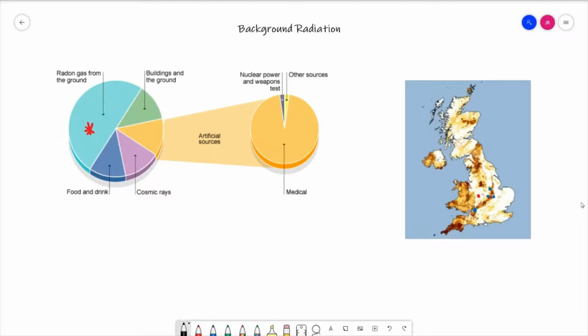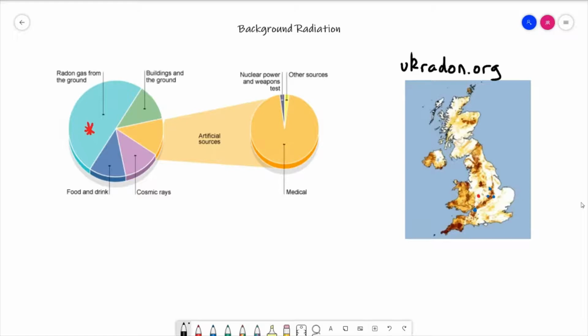Now if you were really sad enough, you could go to the website ukradon.org, and in that website you are able to put your postcode in there and find out, at least for a small area around where you live, what the risk from radon is. The risk in my area where I live is less than 1%, so that's obviously very low, is the lowest that they actually commit to saying. They'll never say zero, but at least they can say it's less than 1%,